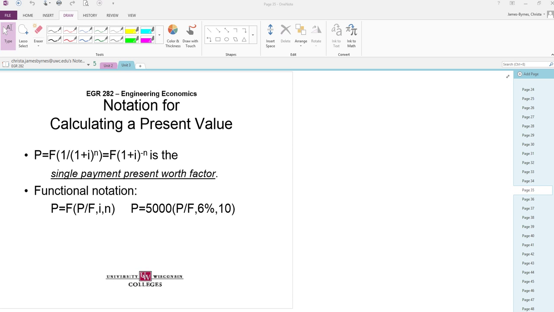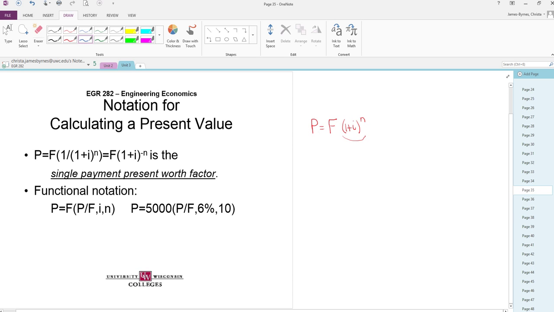This one here, when we're going the other way, I want to find a present value, which is equal to the future value times 1 plus i to the negative n. This name is called the single payment present worth factor. I don't think it matters. You can memorize that, but I'm not ever going to test you on it, and I think it's more important that you understand what we're